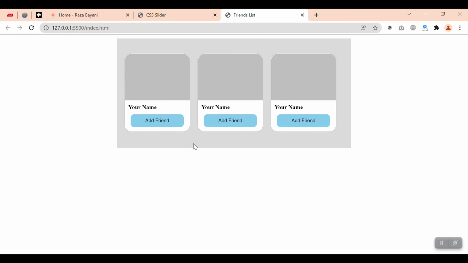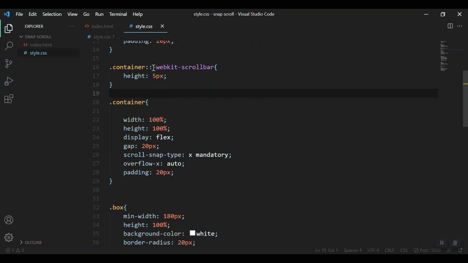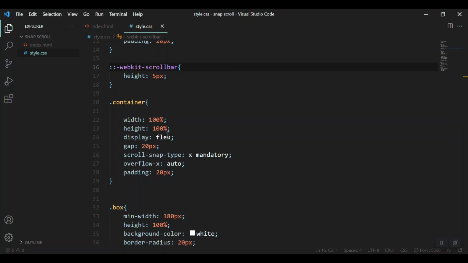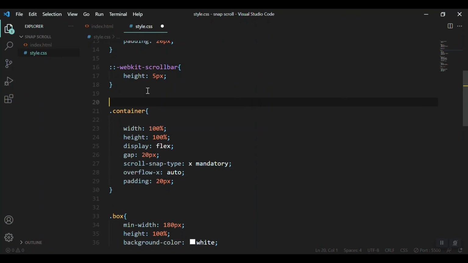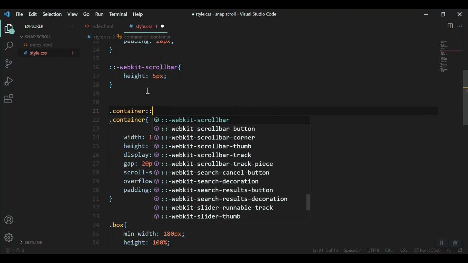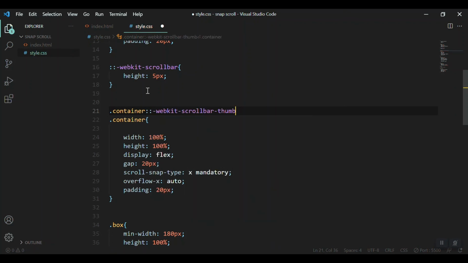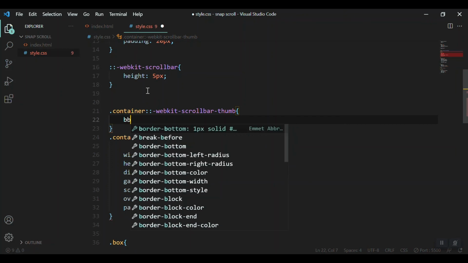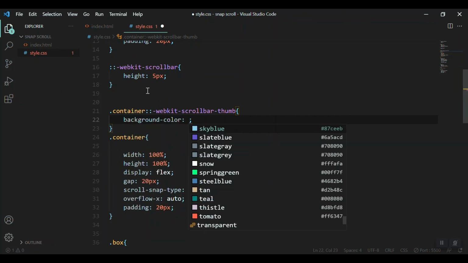Yeah, now it is hidden. The 5px is hidden actually. So let's remove the container as well and just check it without the container, but no, we cannot see it. Let's check the scroll bar thumb. Okay, let's give it a background color. Let's give it a background color for the thumb, like silver,